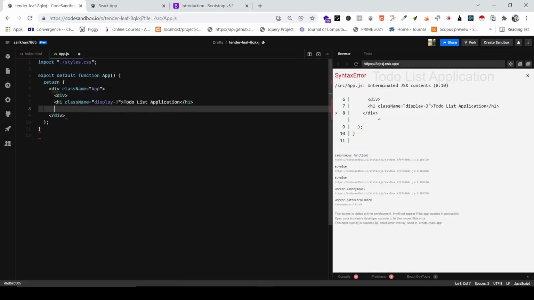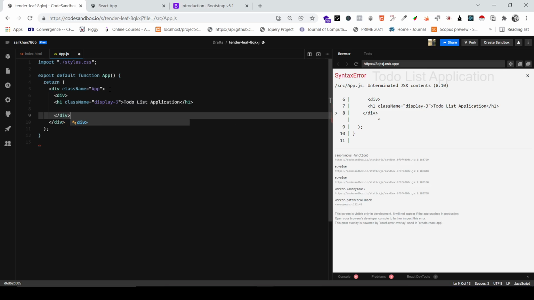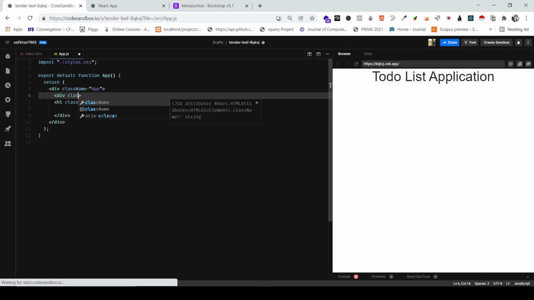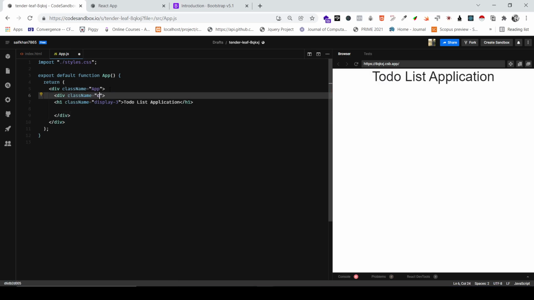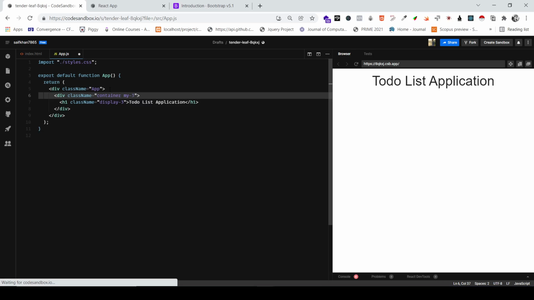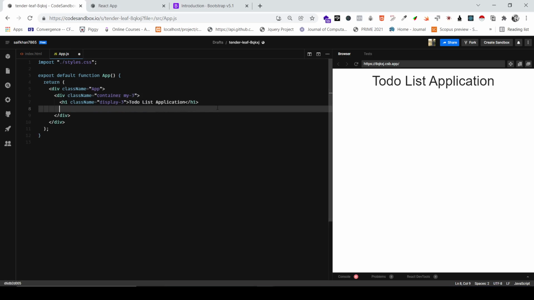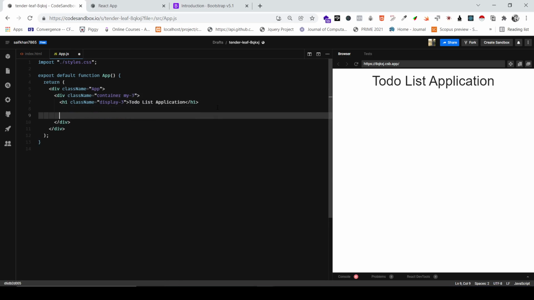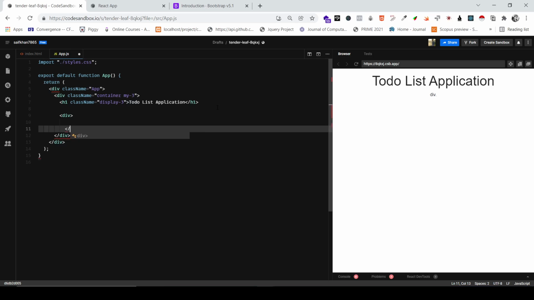So I'm gonna quickly make the HTML part, and I'm gonna give a container and my3 maybe. Yeah, cool. So now we have the h1 tag. Now after that, we will be having an input tag. All right, an input tag which will help us